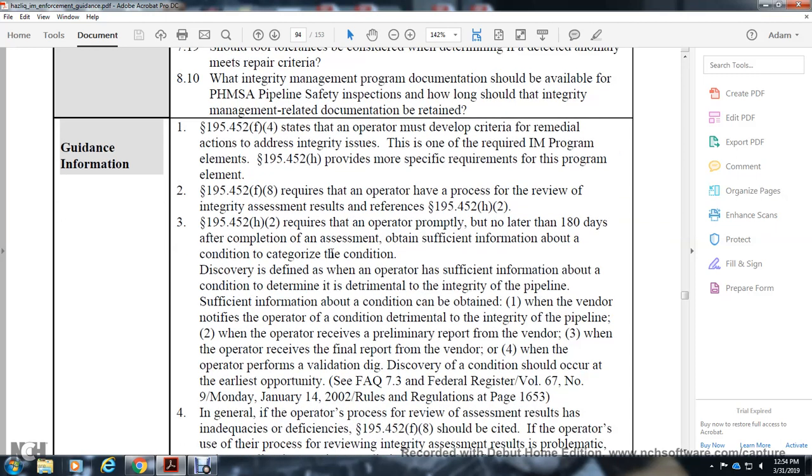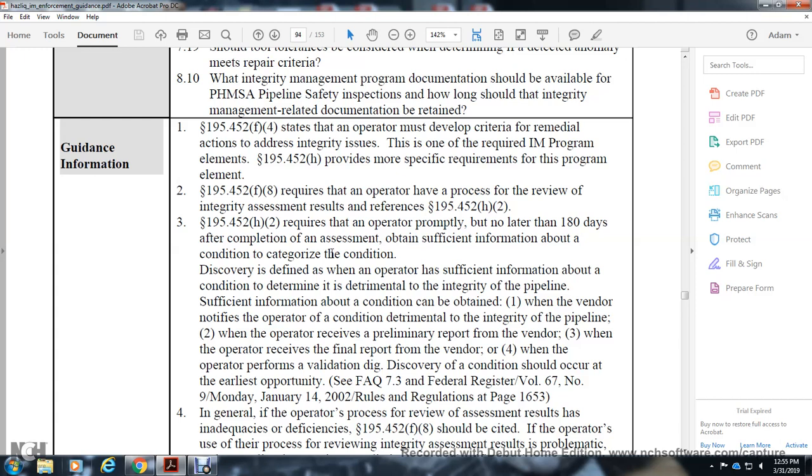later than 100 days after the completion of the assessment, to obtain sufficient information about the condition of the category of the condition discovered, to determine if the operator has sufficient information about the condition that is detrimental to the integrity of the pipeline. Sufficient information about the condition can be obtained with: 1, the vendor notices the operator of the condition detrimental to the integrity of the pipeline; 2, the operator receives the preliminary report from the vendor; 3, when the operator receives the final report from the vendor; 4, the operator performs the validation taken